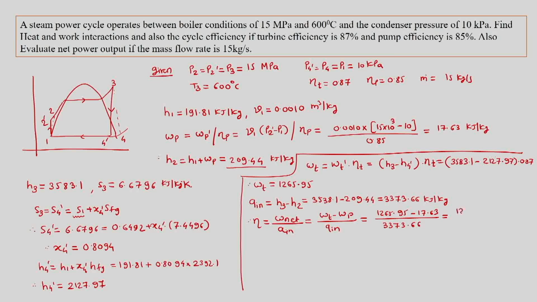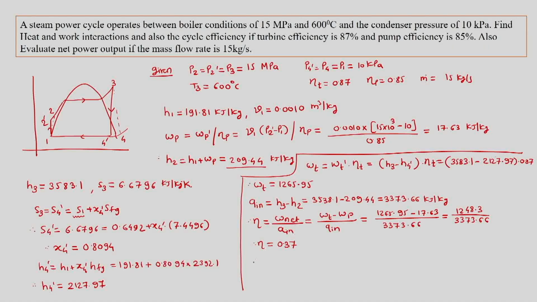So W net is 1248.3 divided by 3373.66, and this gives us cycle efficiency as